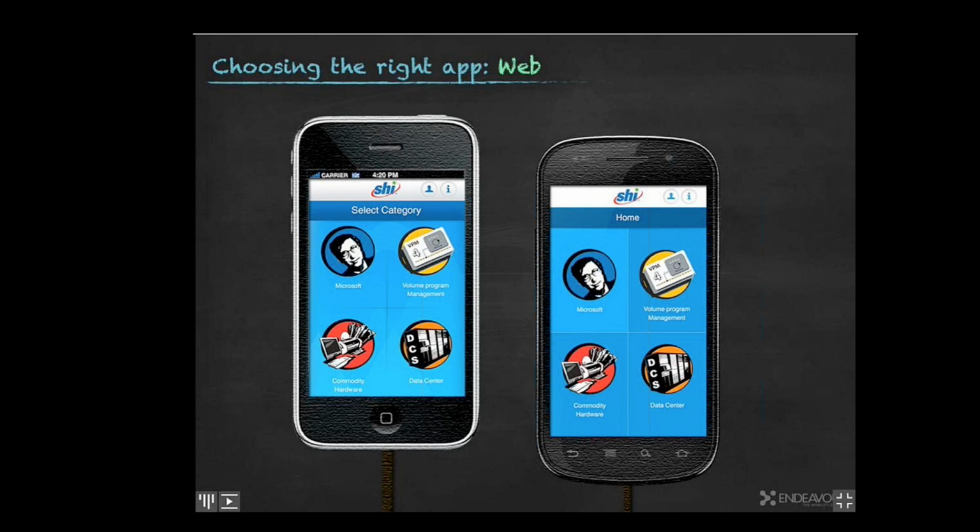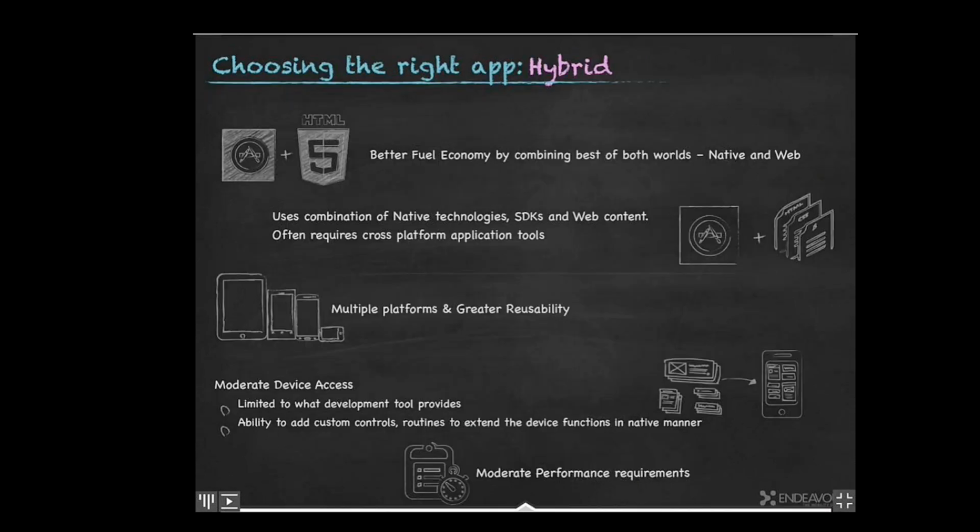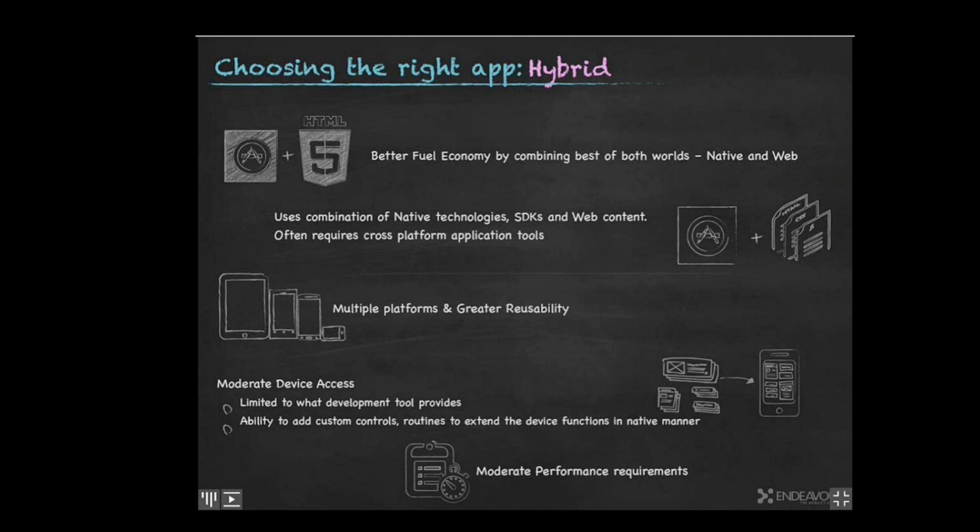As you can see, there is not much complexity in the display, nor in the data needs or performance requirements. Moreover, what the company wanted was to target all the sales folks who have varying kinds of devices, ranging from iOS to Android to BlackBerry and Windows phones. So they needed to provide something to their sales team for knowledge enhancement, and that was very important. They decided to develop something quickly and make it available to everyone who needs it, with Endeavor's help, of course. Okay, let's talk about hybrid apps. This is the one everyone wants to know about.